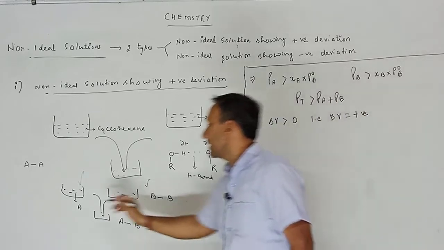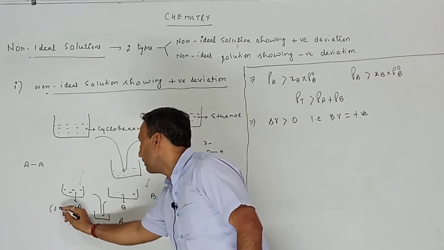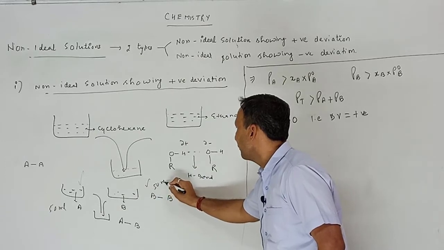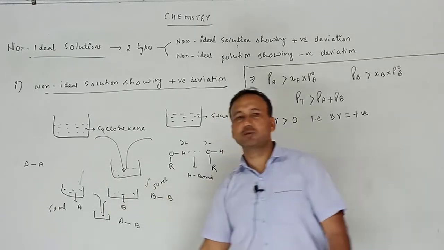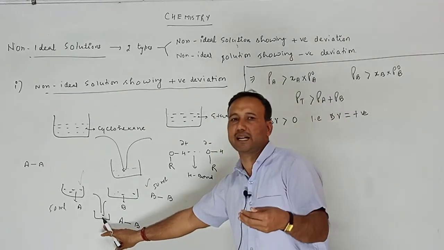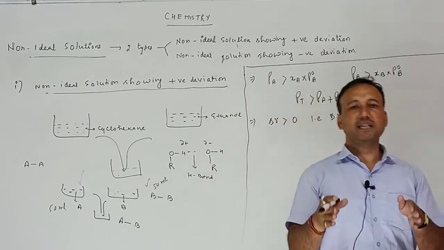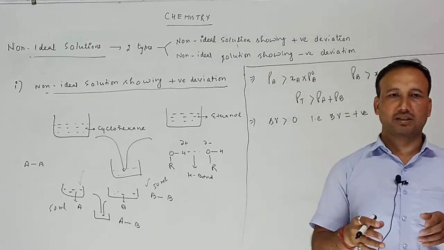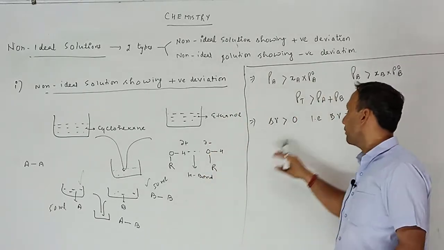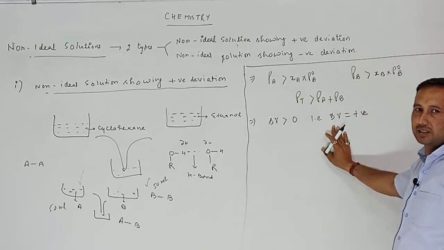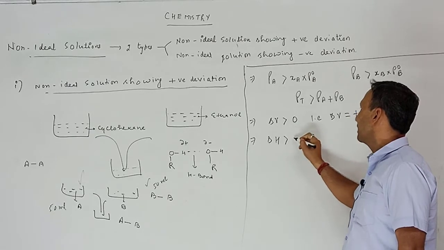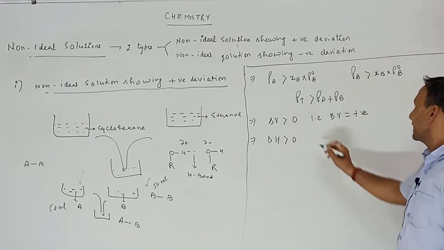Suppose a liquid has volume 50 ml and another liquid has volume 50 ml. Suppose these two liquids are mixed, then the total volume is more than 100 ml, because if the intermolecular force of attraction decreases, then the liquid molecules will separate away from each other and the volume of the liquid mixture will increase, and the enthalpy change of the liquid mixture is also greater than 0. That is,